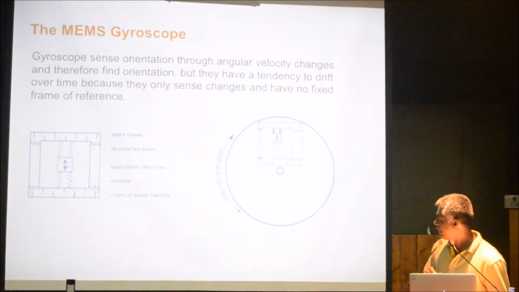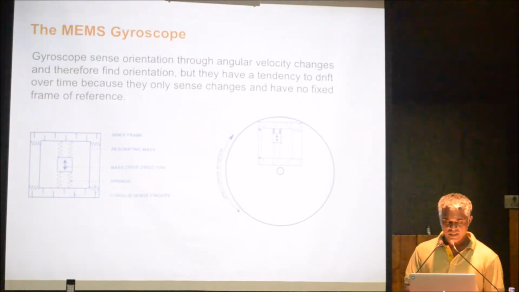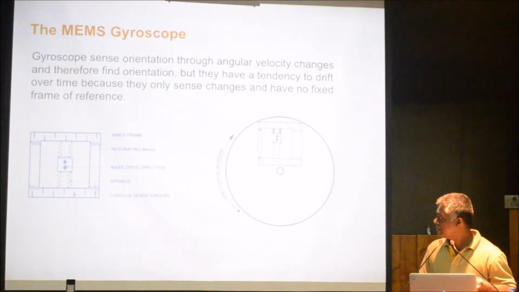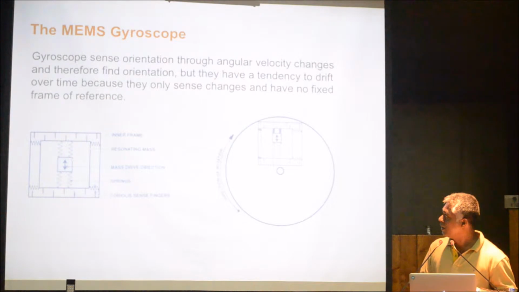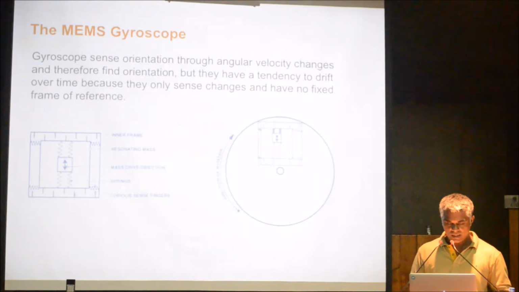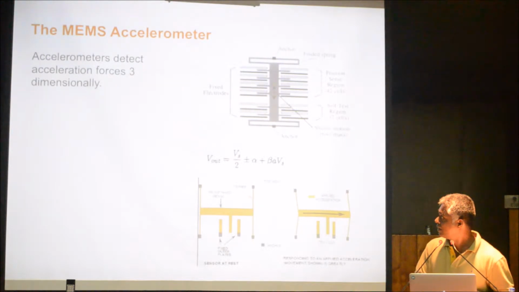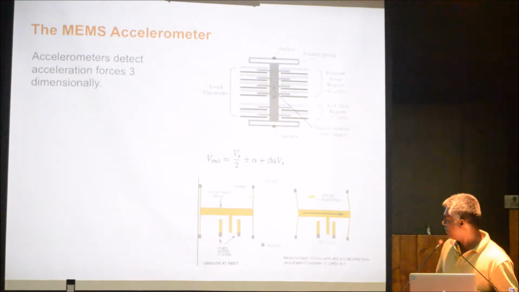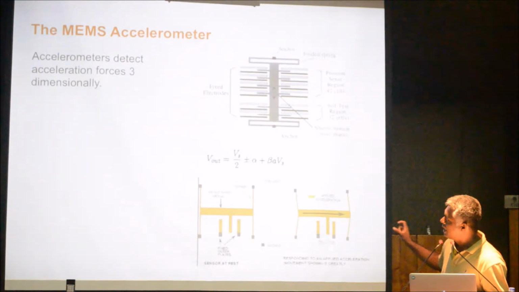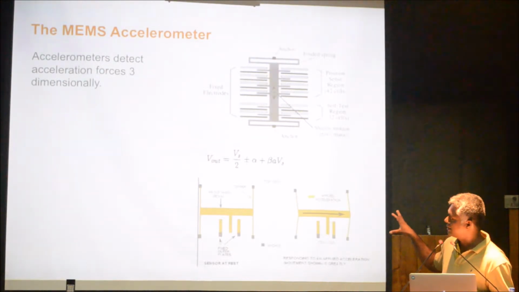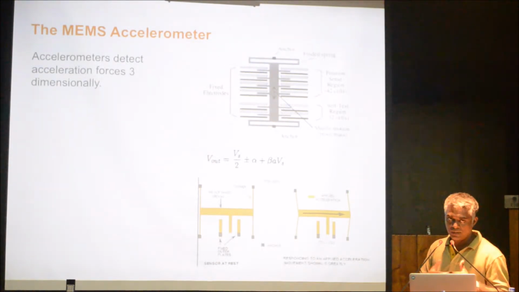So by measuring the capacitance, it shows the orientation and the forces, like where the mass creates its forces. That's how the gyroscope works. And if you look at how the accelerometer works, at the bottom pictures, when force is applied, again it creates a capacitance and it converts into electrical signals, and this is how the accelerometer works. And it has 3 axes, like it can measure X, Y, Z.